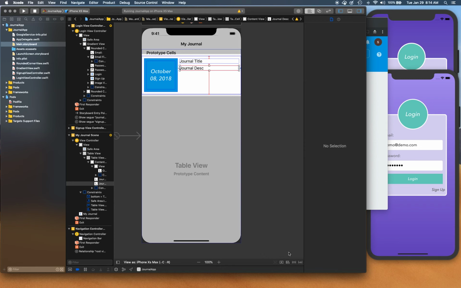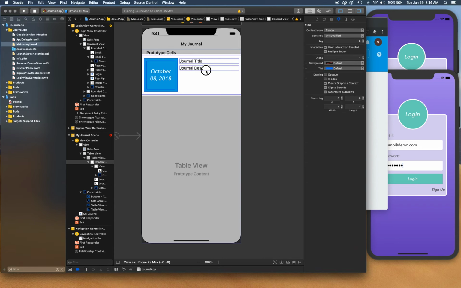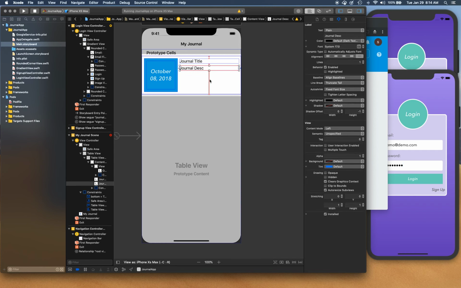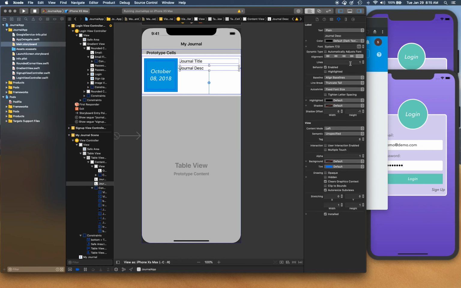Okay, now it's going to complain, basically saying it can't do bottom because it's not going to be able to stretch it, because that's not the only label that's available. So what we can do is, instead of having a relation equal to, we can say it's greater than or equal to. So basically the value of the bottom constraint has to be greater than or equal to 8. So it has to be at minimum 8, or when it grows, it should grow greater than 8. Okay, and the way it's going to grow is basically we're going to set the lines to be 0,